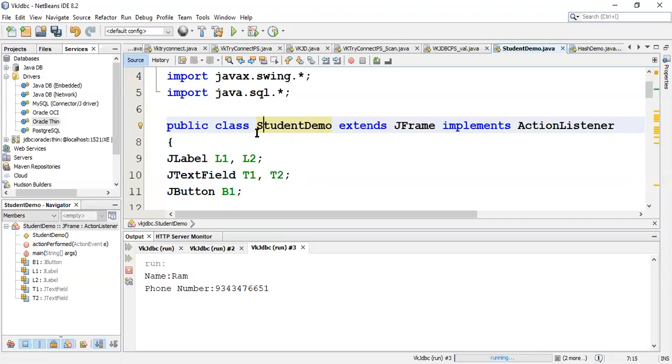If the user enters the student's name and clicks on retrieve, the phone number will be retrieved automatically. Or if the user enters the phone number in the second text field and clicks on retrieve, the name will be retrieved. Of course, it gets retrieved not in the text field but in the output box.